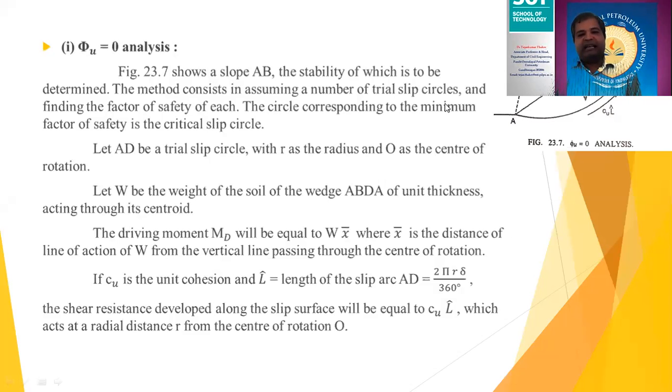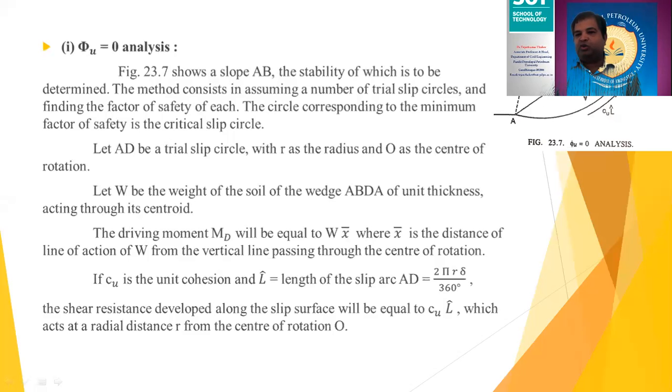And I need to find out the factor of safety of this particular trial slip. The circle corresponding to the minimum value of factor of safety is known as the critical slip circle. If I summarize, if you want to analyze this particular slope, what you need to assume